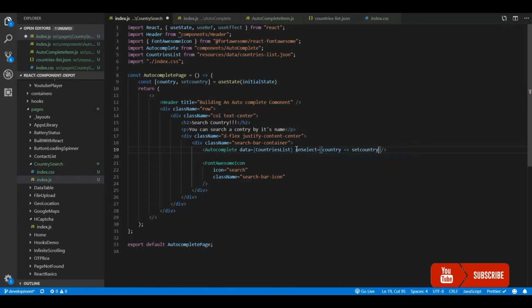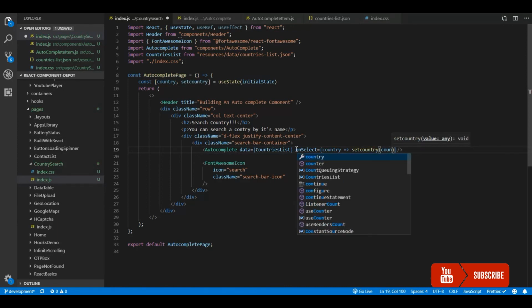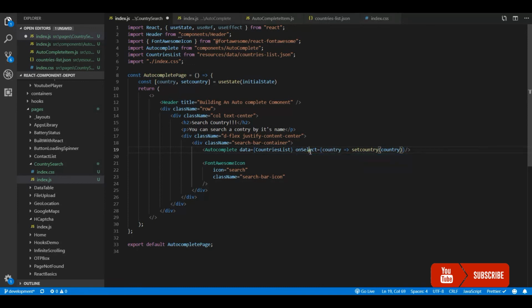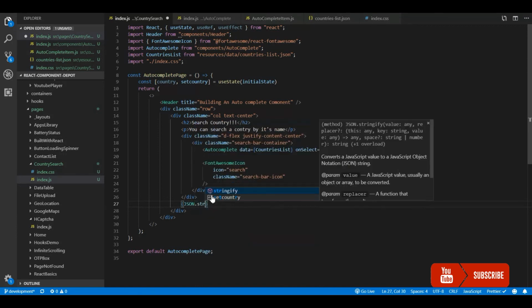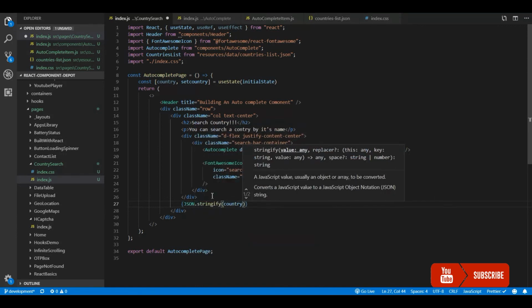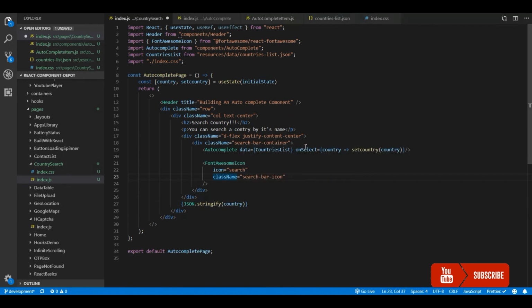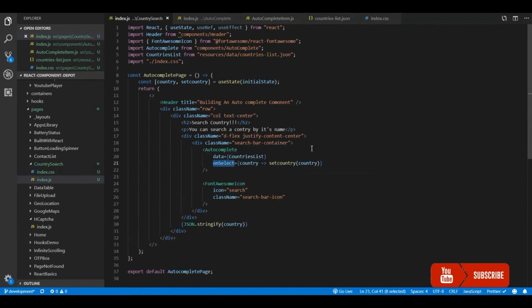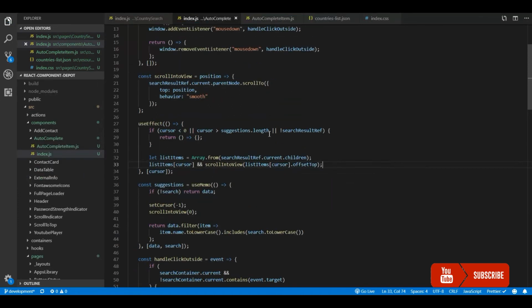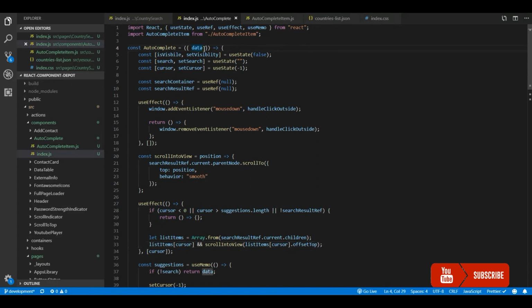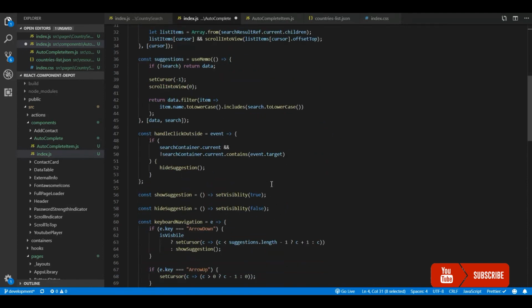Basically, in forms or other places, we need this kind of callback function to know what the user chose. For demo purposes, I'm just going to print the value that we received from the autocomplete component. I'm going to return the entire JSON object. If you want, you can return the ID or name, whatever parameter you want.